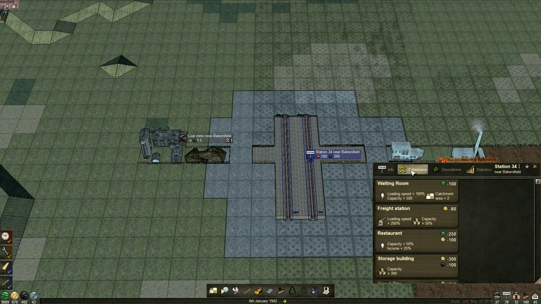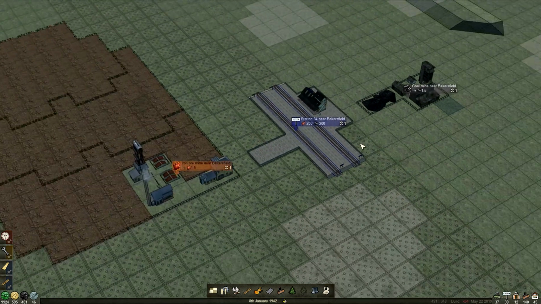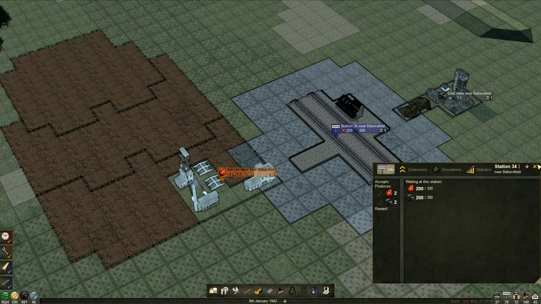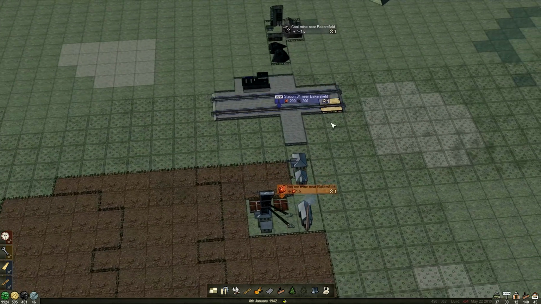So let's do that. Get an extension on. We want a freight station on here. We'll do it like that. I bet that will look cool. So we have that building in. That's going to allow that to go up to 300 now. Now, given this is coal and iron ore, another thing we could do...